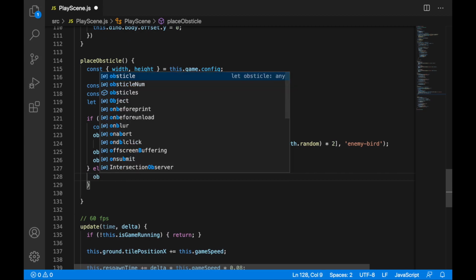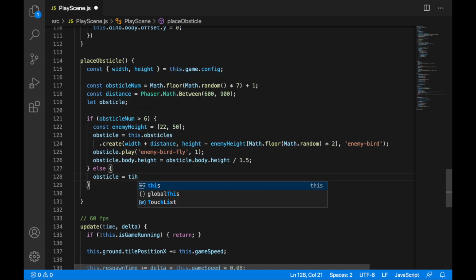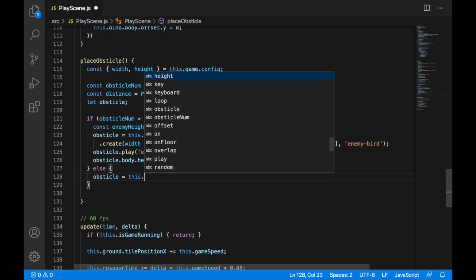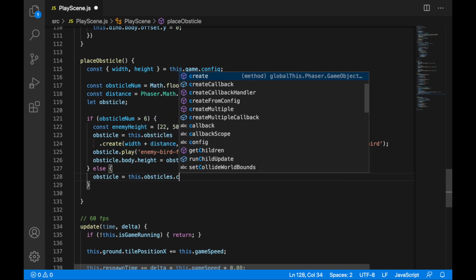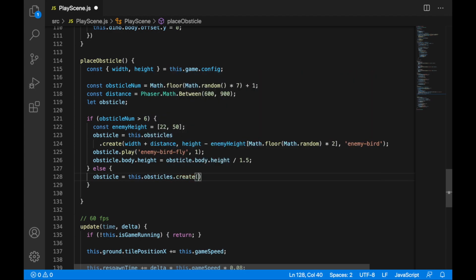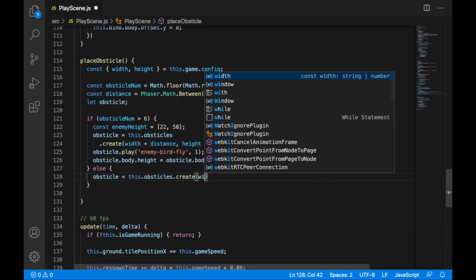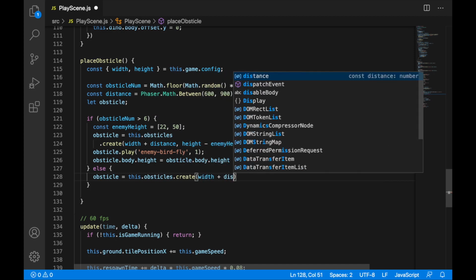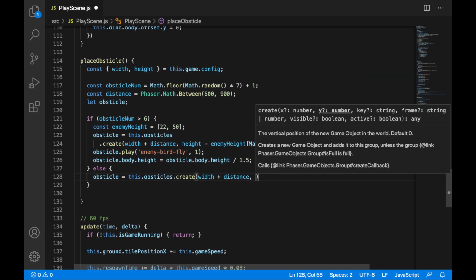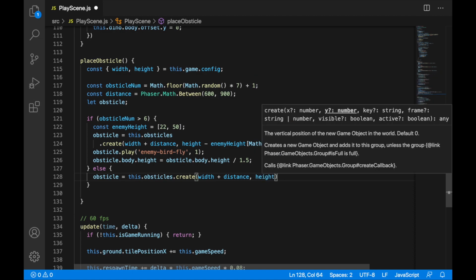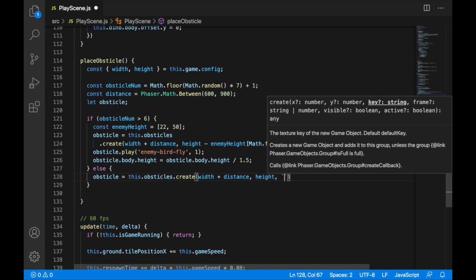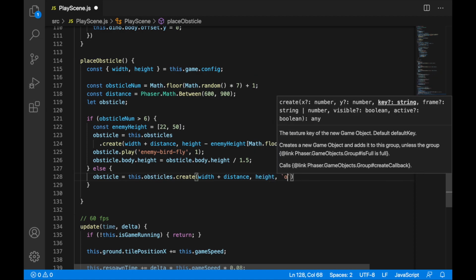So let's write obstacle. Let's assign these obstacles. It's quite a long statement, right? So you can find the code in my GitHub repository, of course, if you want to copy it. So this obstacles.create. Let's access again the width of the canvas plus the distance. This will stay the same. Then we'll provide the height of the canvas position, and then we'll provide a key for an obstacle